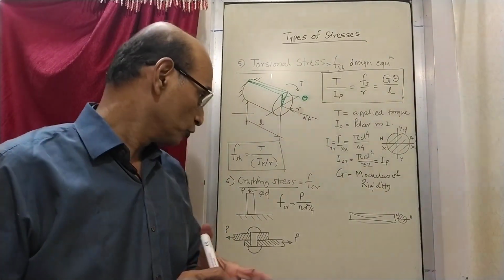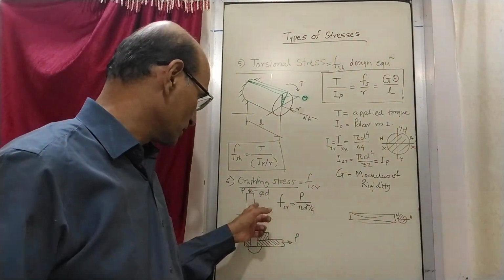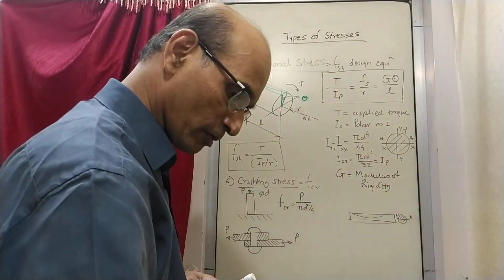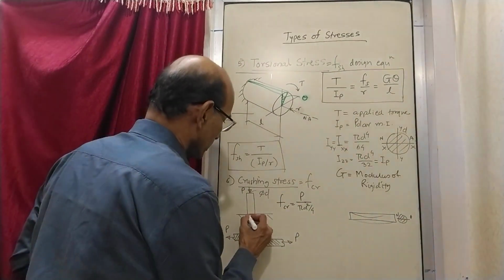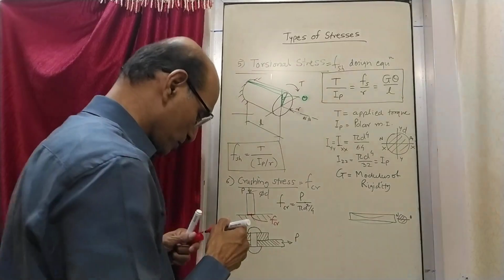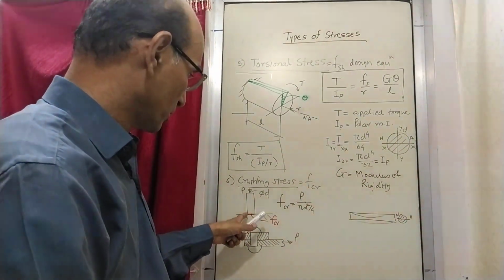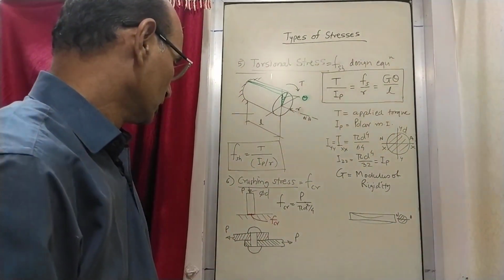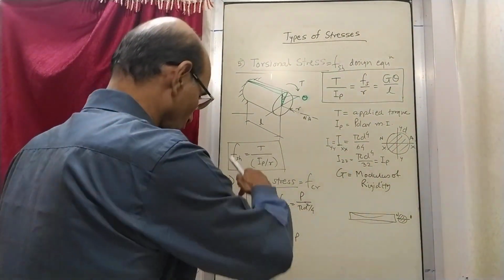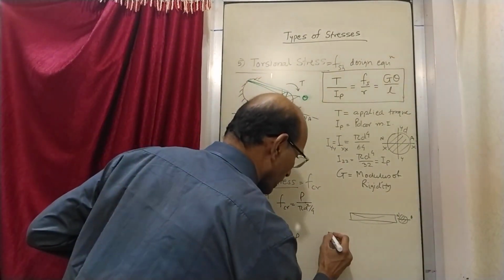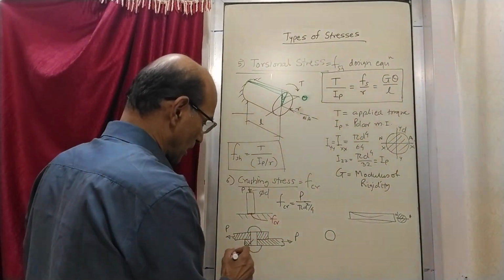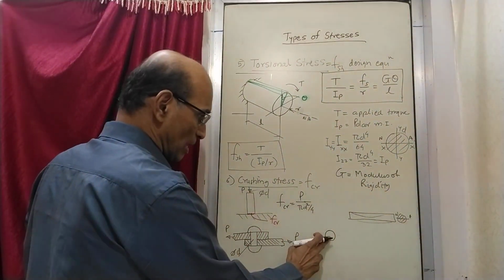How will it fail under crushing stress, and what will be the amount of crushing stress? Now if you see what crushing stress is, as I said just now, this is the place where the crushing stress is induced. Crushing stress is there at the contact. Now in this case, where will the crushing stress be? If I draw, let's say, the top view, I'll draw it here. So how you draw it is, this is the diameter D. I have not drawn the head. I have just drawn this diameter D, the stem diameter.